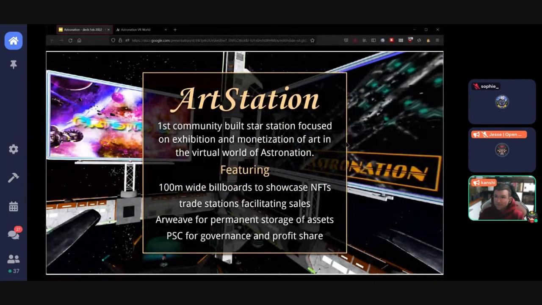Let's talk in particular about the ArtStation, which is the Star Station that I'm developing specifically with the utility of profit sharing communities and the storage of Arweave in hand. It's the first community built Star Station that is focused on exhibition and monetization of art in the virtual world of Astronation. It features 100-meter wide billboards to showcase the NFTs, which can be audiovisual. They don't have to be still shots. They can be movies. It also has trade stations to facilitate the sale process, and also Arweave for permanent storage of